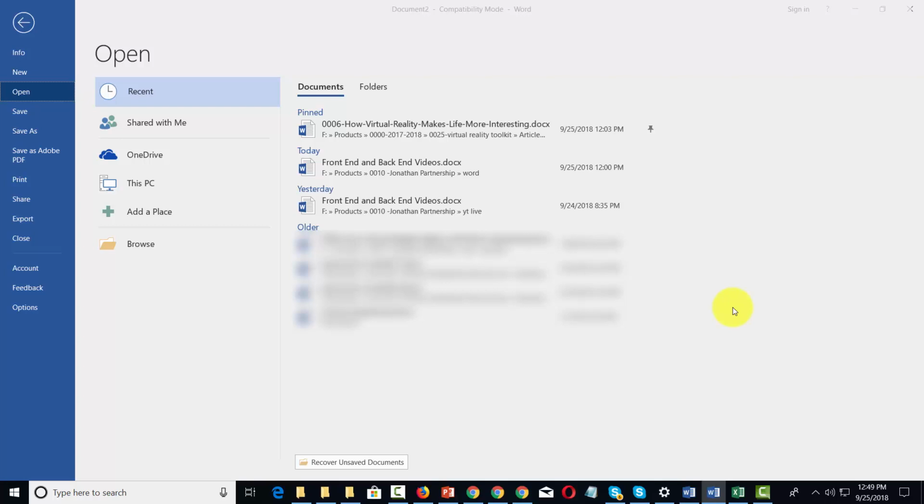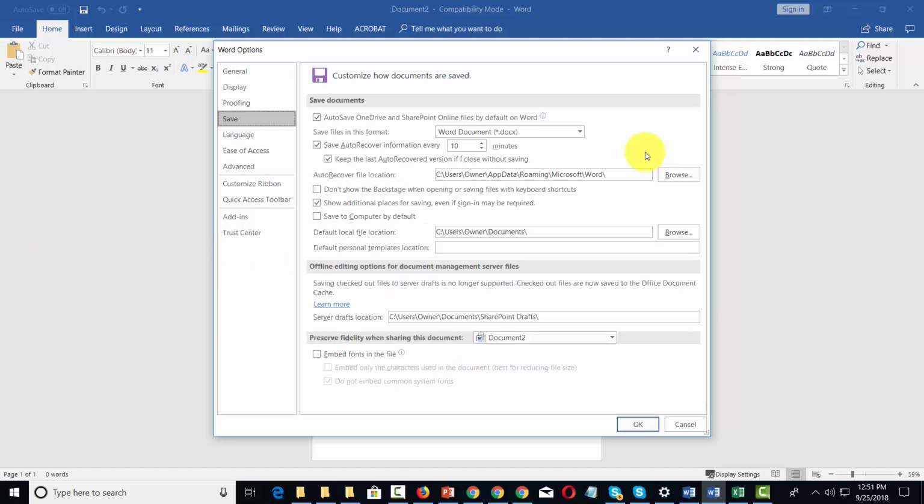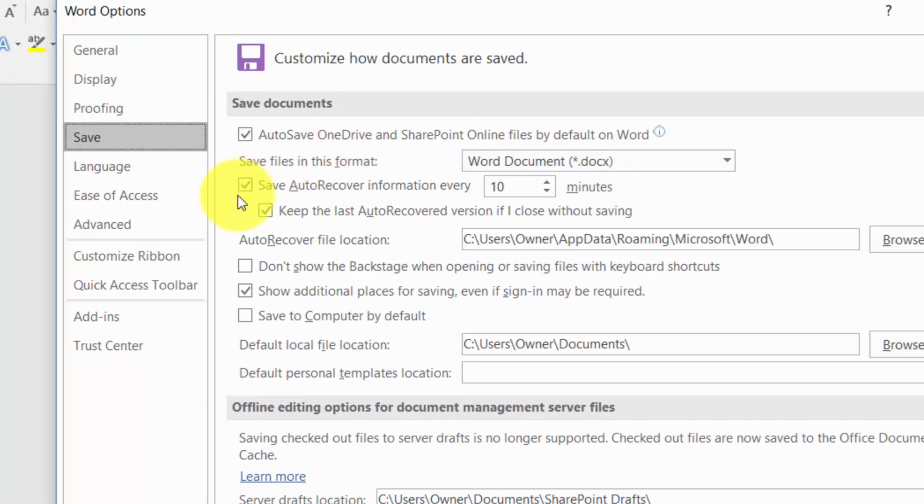Welcome back. Now there are a few other important aspects of the file menu. If you go all the way down to the left side and you click on this options link, it's a good idea to go through each menu and familiarize yourself with each aspect. For example, one aspect in particular, inside of the save command, you'll notice that you can have your documents auto-saved